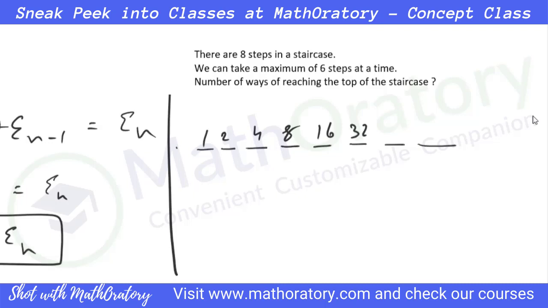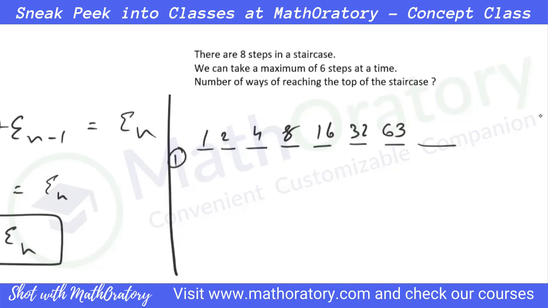Next step, if I would have added the base value also, then this would have been 64, right? But when I'm figuring out for this one, the base value is missed out. So you just have the previous ones. So if I would have added all of this, then that would have been 64. So just subtract that one, so you get 63.